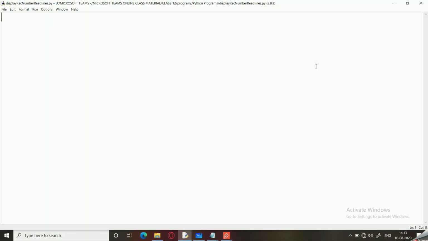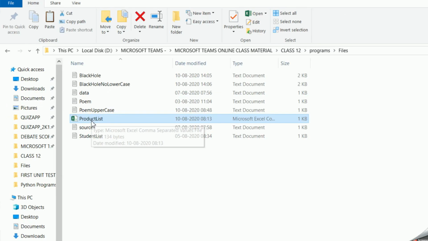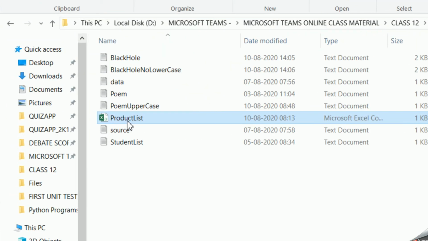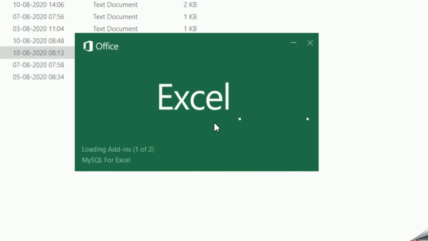Now we come to our next program, that is displaying record numbers in the file. I'm going to first look for the file. I'll go to my folder, and here I'm going to look for this file, productlist, as you can see over here. When you double click on it, it opens in MS Excel.